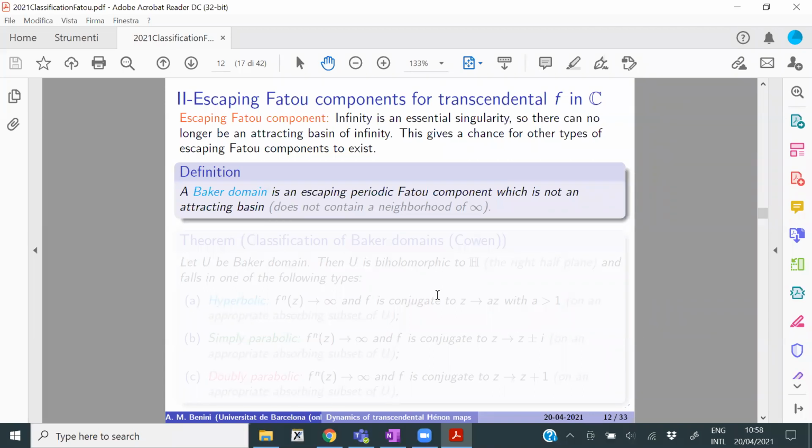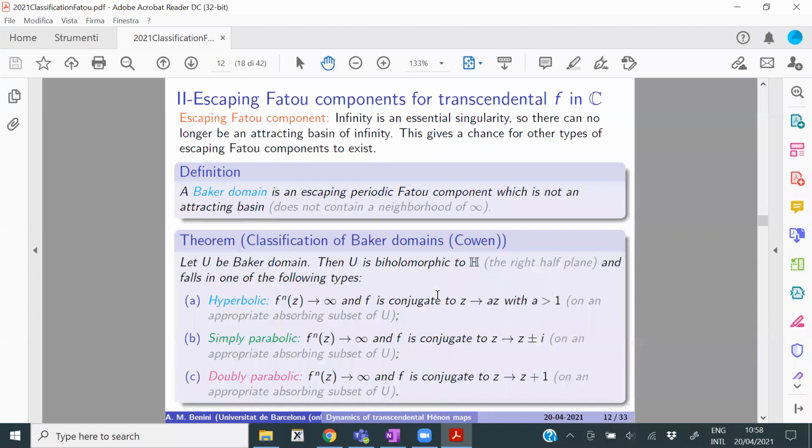But for now, what I would like to stress in this talk is that as soon as you're not an attracting basin of infinity, which implies you are a polynomial, then a Baker domain is an escaping Fatou component which does not contain a neighborhood of infinity and is not an attracting basin of infinity. And there is a nice classification of Baker domains, which tells you that every Baker domain is simply connected,